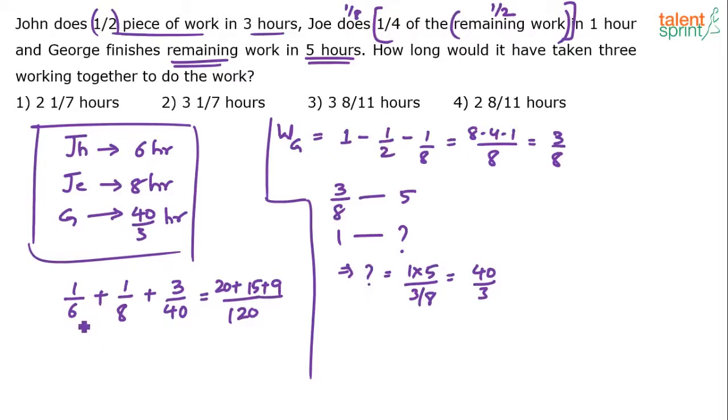The LCM here for 6, 8 and 40 is 120. So 6 goes 20 times, 8 goes 15 times, and 40 goes 3 times. So 3 into 3, 9. So 35 plus 9, 44 by 120, or 11 by 30. So the total capacity is how much? If all three of them are working together, the total capacity is 11 by 30, which implies